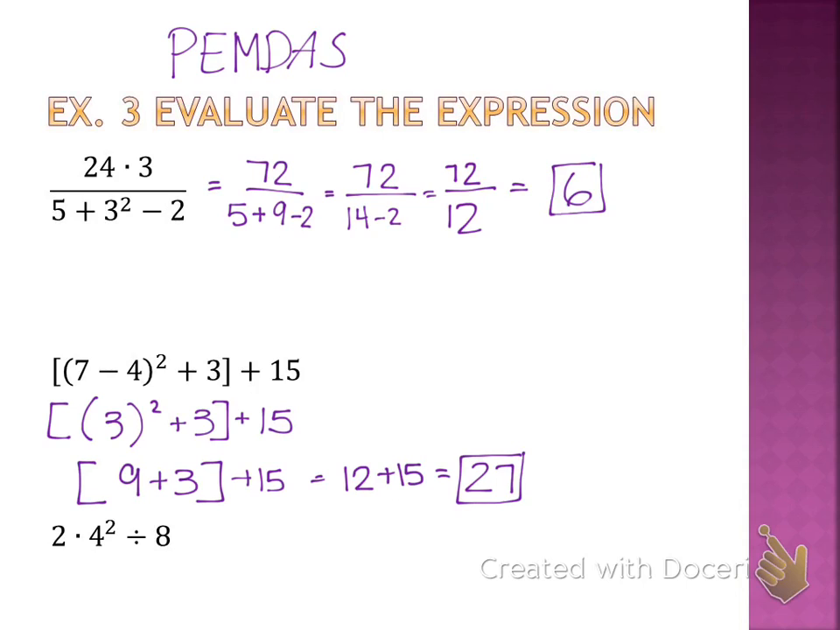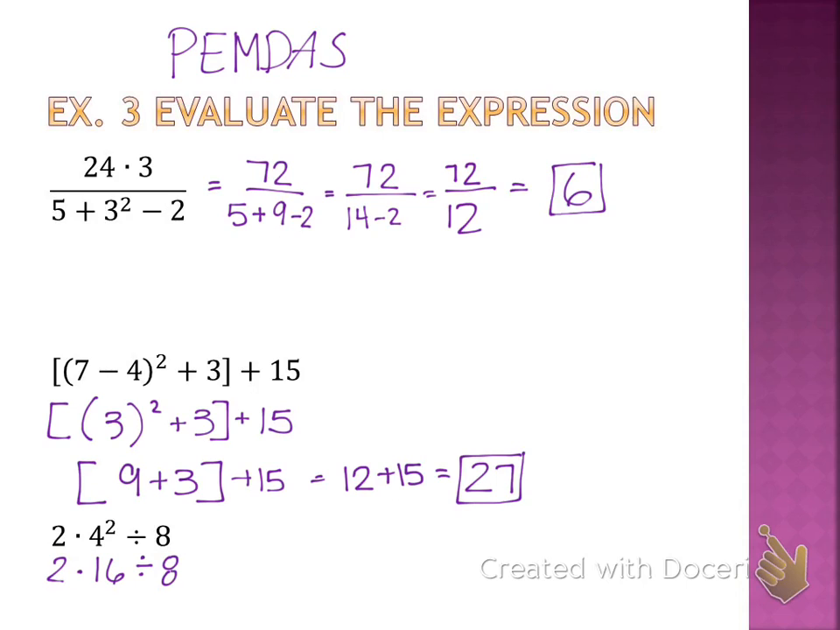Okay, next problem here. 2 times 4 squared divided by 8. Do you see any parentheses? Nope. Exponents. Yes, we have to do 4 squared. I cannot do 2 times 4 is 8, and then 8 squared is 64. That is not order of operations. So 2 times 16